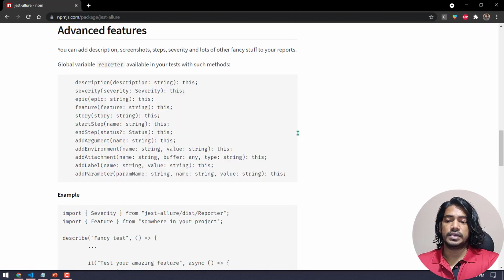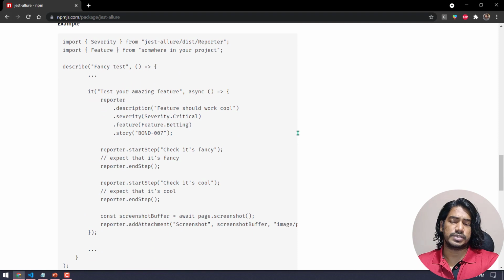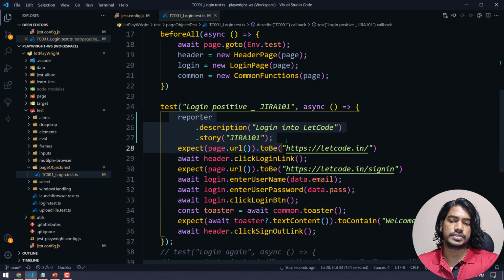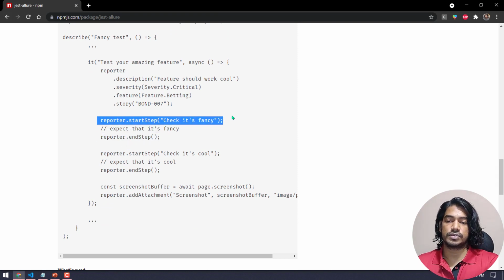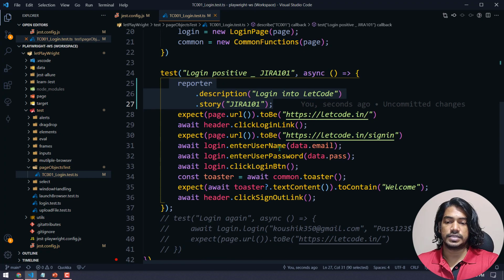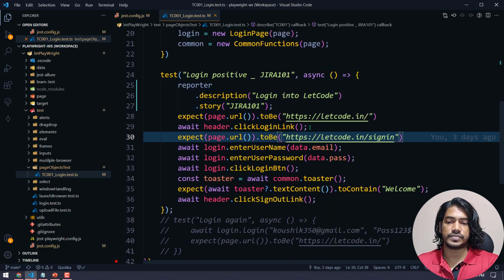Then what we have to do, we have to add some steps, right? So this is like your test name and the description. And we have to give the test steps. For that we have reporter dot start step and reporter dot end step, we have to call this. So I'm just going to copy this, and here we'll just write something.